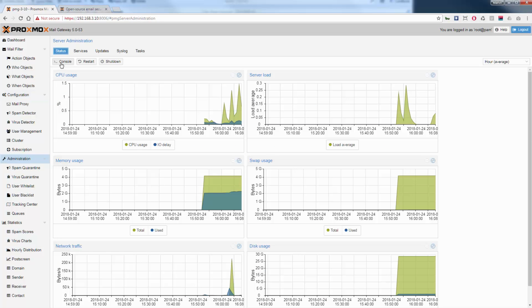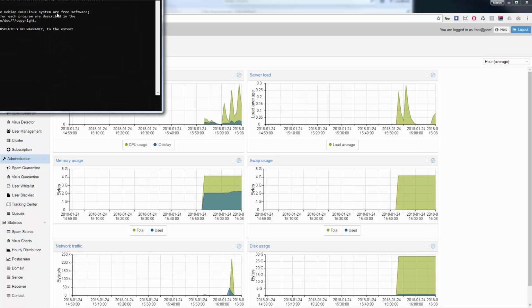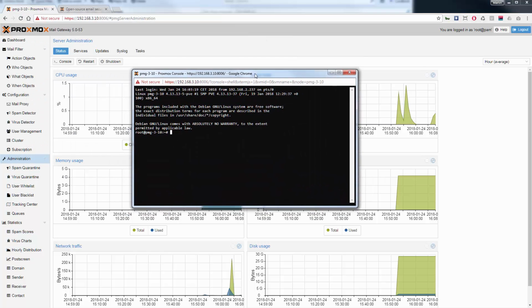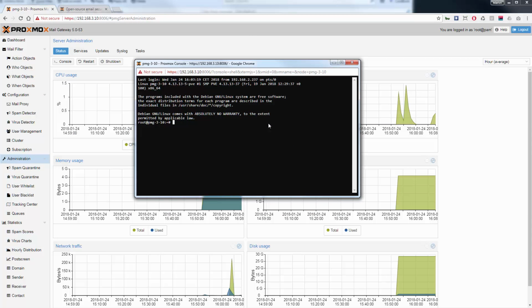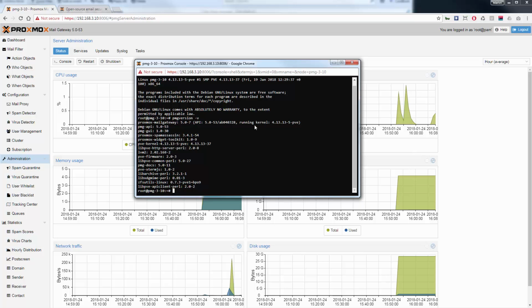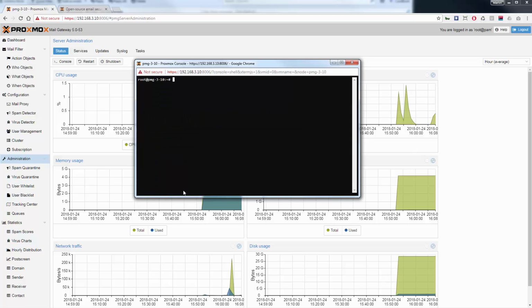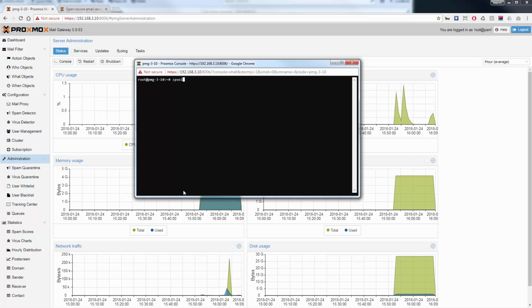If you want to make advanced configurations, you can open the integrated xterm.js console. We recommend this only for advanced users. You can query the detailed version with pmg version -v. You can check your ZFS with zpool status, or your disk usage with df -h.